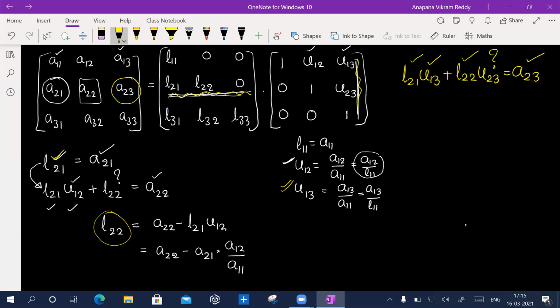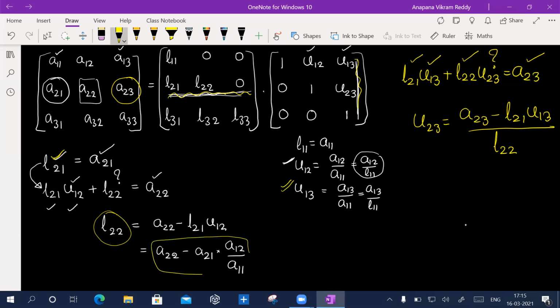Now we can find U23. So U23 is equal to A23 minus L21 U13 by L22. Now L22 is this expression again, so you have to put it here.